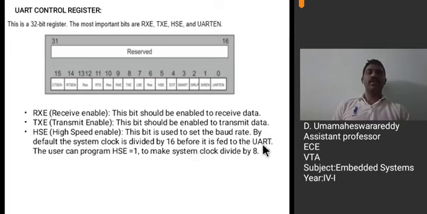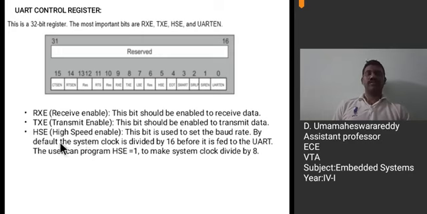If the HSE bit is set to 1, the system clock is divided by 8. That means you are increasing the baud rate by setting the HSE bit to 1. In order to increase the transmission rate, you have to set the HSE bit to 1. Otherwise, there is no need to set it.